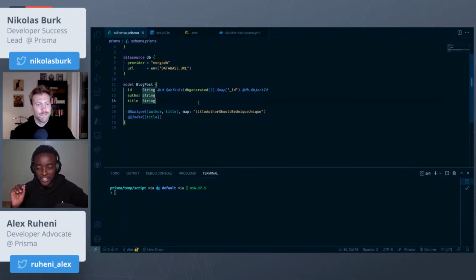I think I ran into an issue when using Studio there, that I left out the DB generated, so Studio could not save the new value without an ID. I resolved that. Yeah. And maybe we can also quickly say that I think